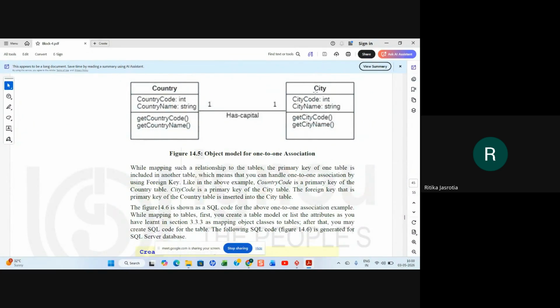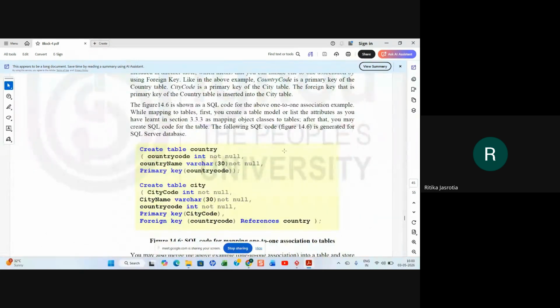Same way, city code int not null, city name varchar 30, whatever size you want to give, not null, and country code int not null will also be given. So primary key is city code in this table, and country code in city table, which is the primary key of country table, is the foreign key. So foreign key country code references country table. This is how you create.